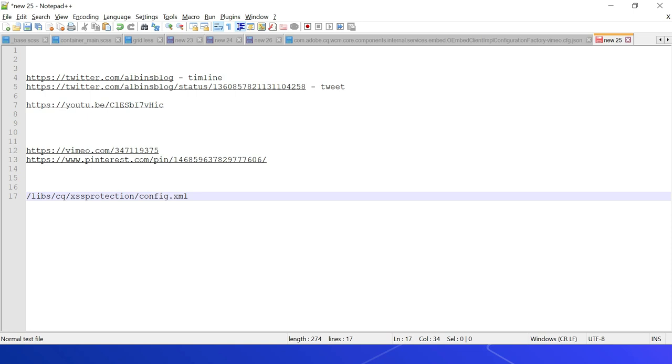The embed core component allows the content authors to include the selected external URL resources that support the OEmbed API. It also allows defining a custom URL processor to embed the resources that don't support the OEmbed API. The embeddables enable a more controlled way to include the content from selected external resources. The custom embeddables can be defined if required. You can also add free form HTML to your page